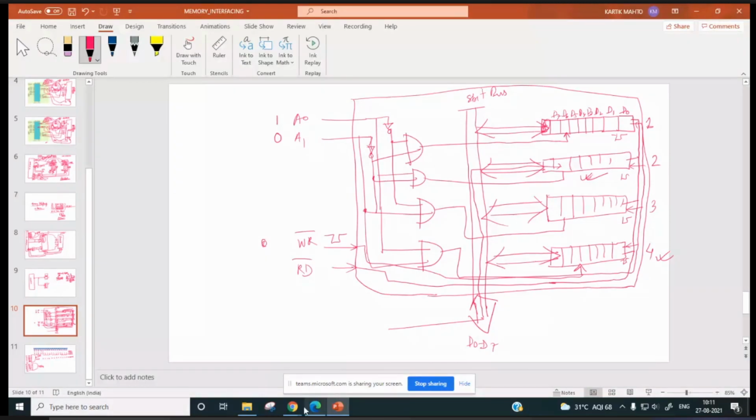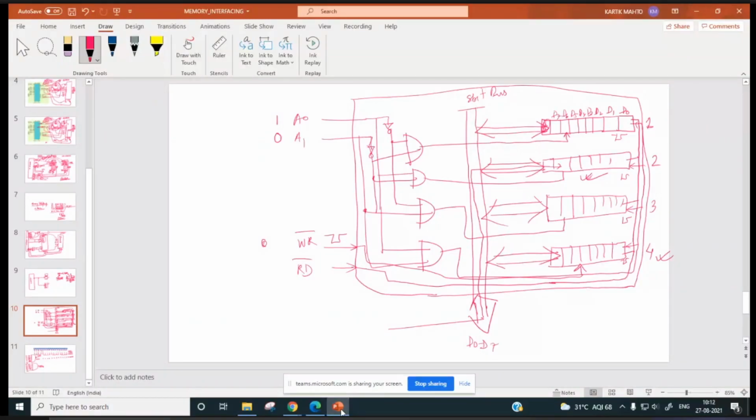Ankesh, you want to read data from the fourth register. So A1, A0, both have to be 1 first.